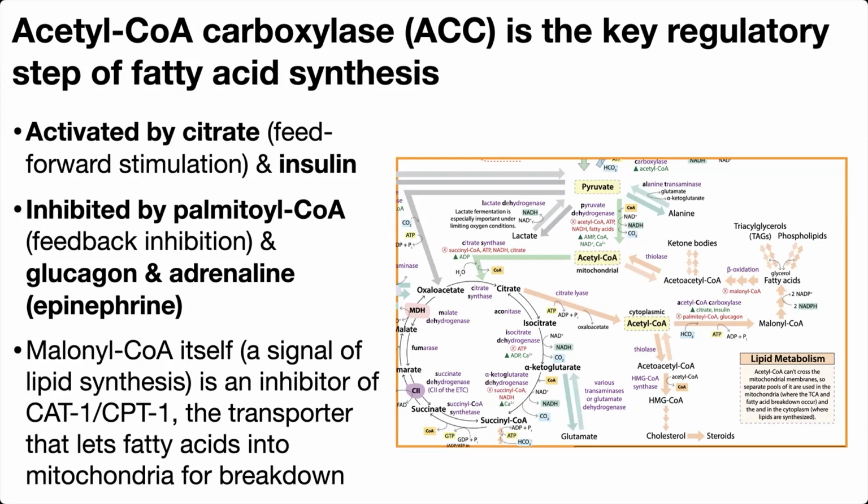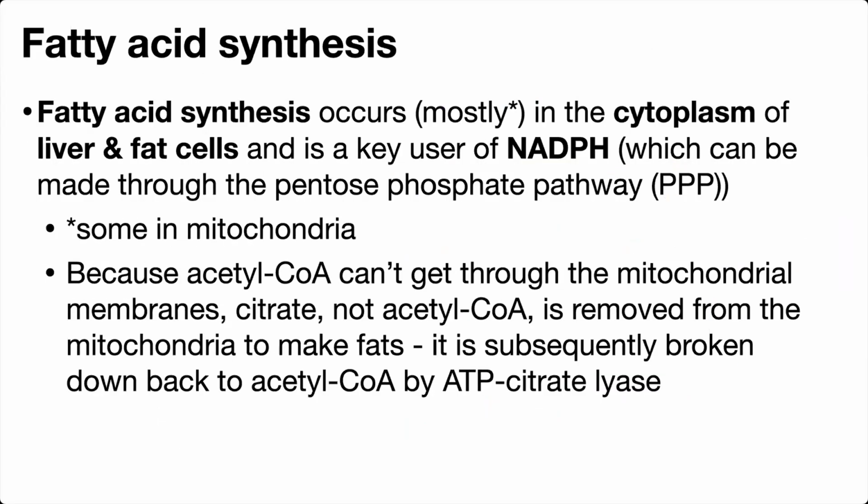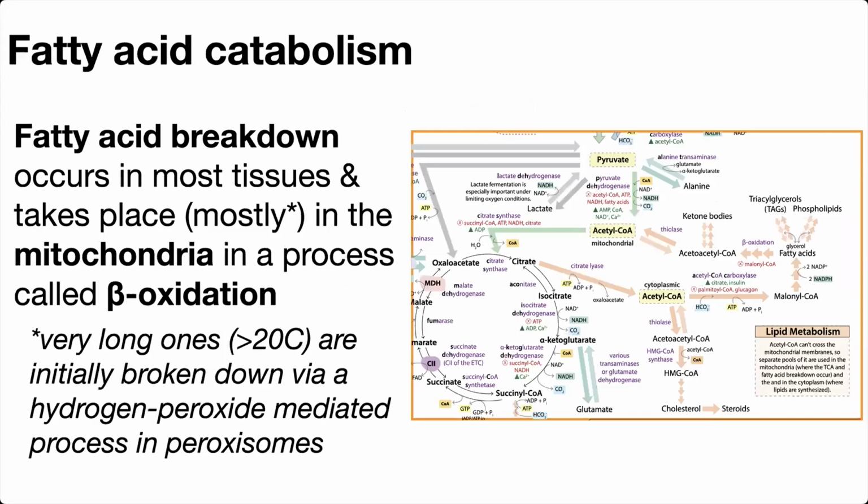Now, palmitoyl-CoA is something that you are going to be seeing if you are making fatty acids. So palmitoyl-CoA is going to be feedback inhibiting this process. And note that palmitoyl-CoA is the CoA attached version of palmitate. So let's talk about the CoA forms of fatty acids, because that is going to get us into fatty acid